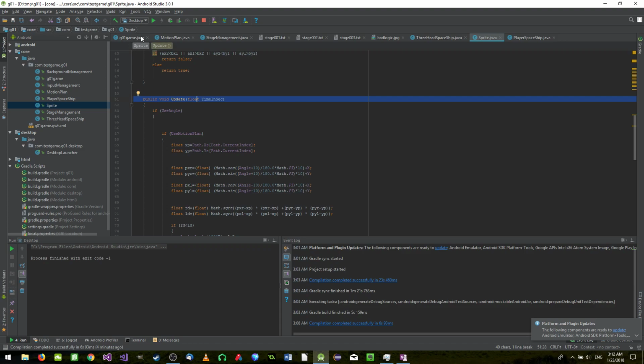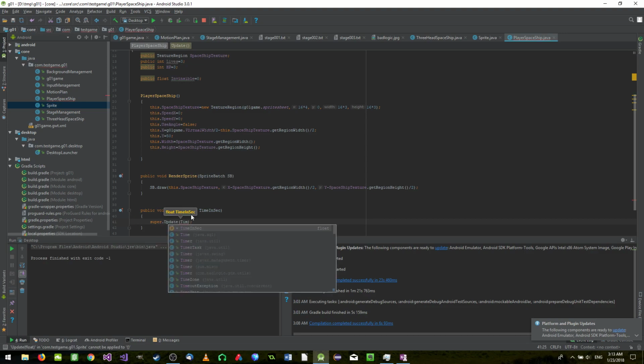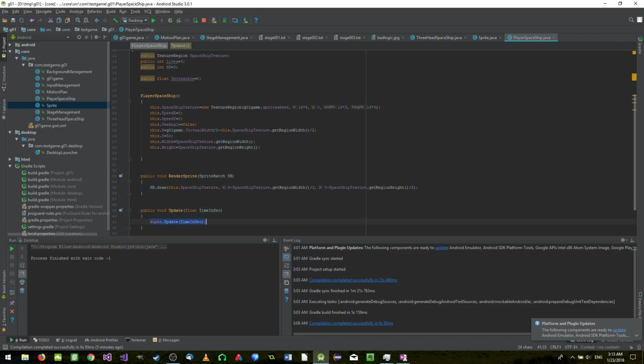Here. And let me go back to the player. Yes. So here we have this guy. So I am overriding the original method and super.update time in second. Now what this does, this calls the original update method of the basic class,